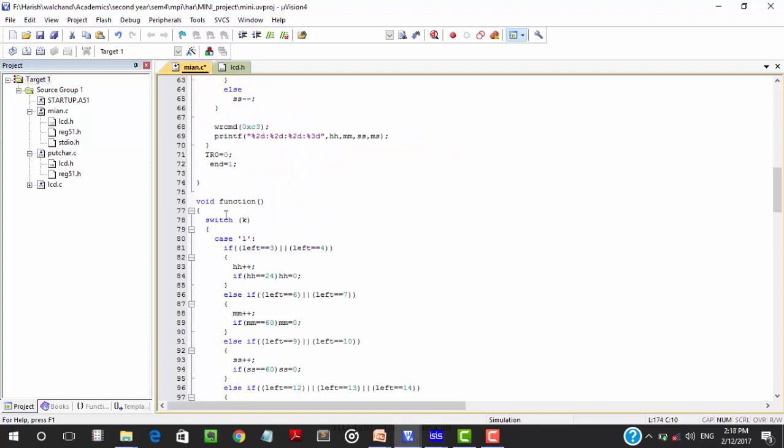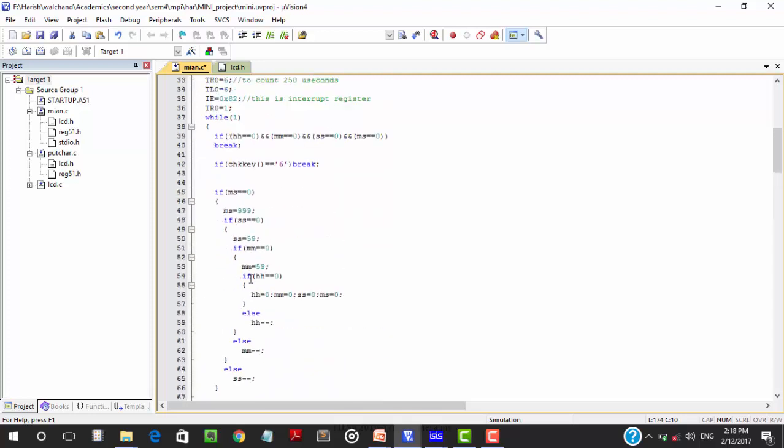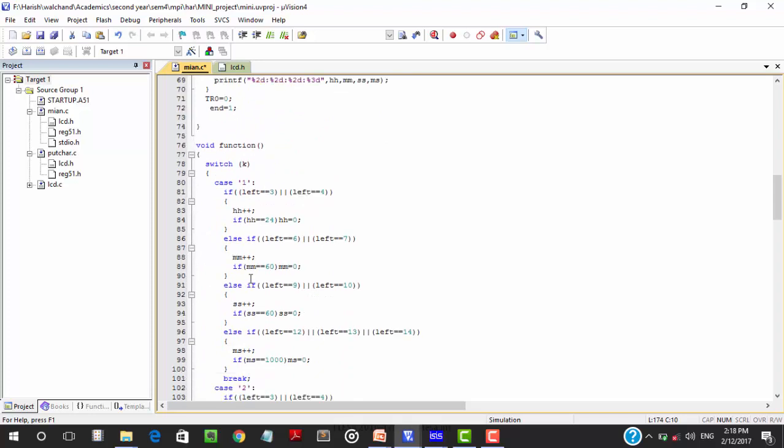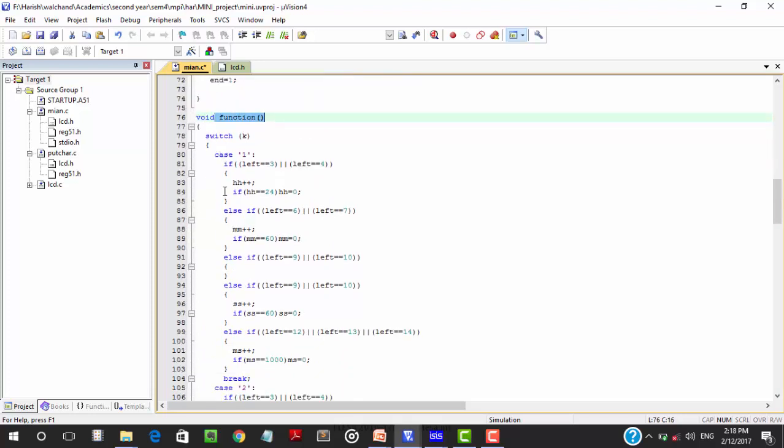This is the function which we have called after pressing the start button. You can see here, if we press the start button, we call this void function.